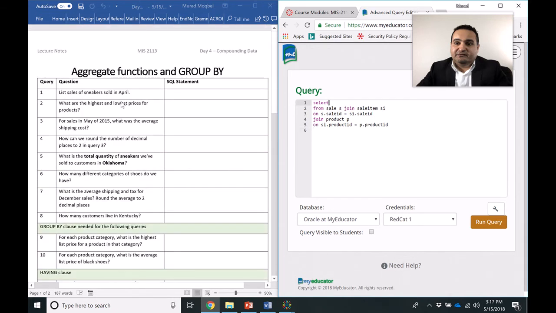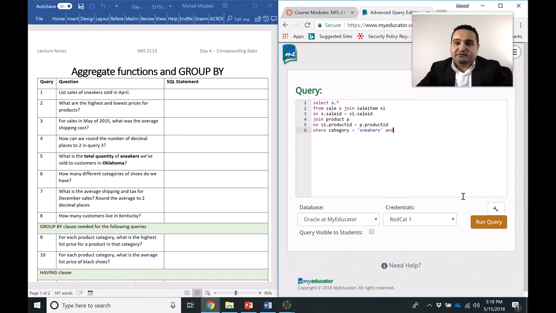So the question is asking me list sales. So sales in this case, or the sale table, I called it S. So S dot asterisk. Sales of sneakers sold in April. So now I need to narrow that down in the where clause for the sneakers. So where category equals sneakers